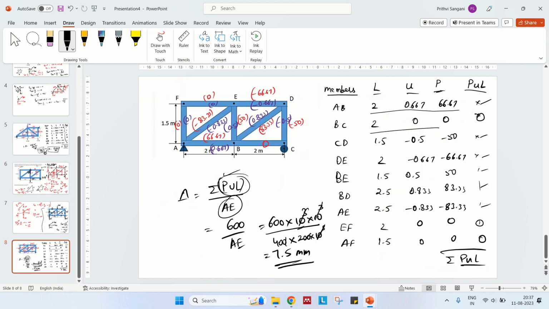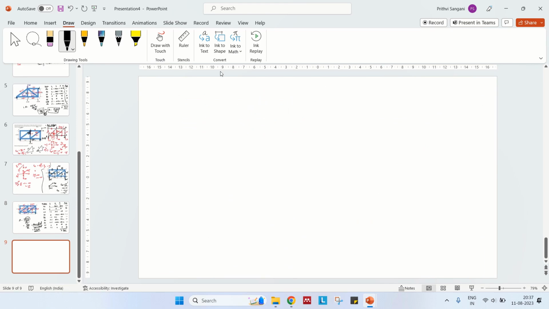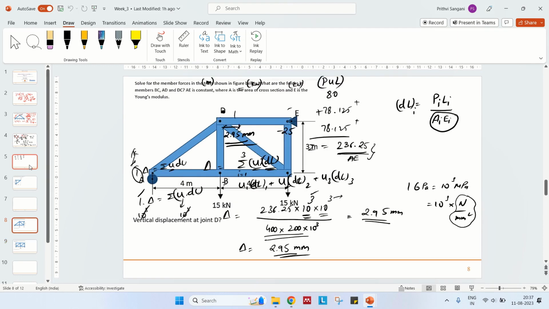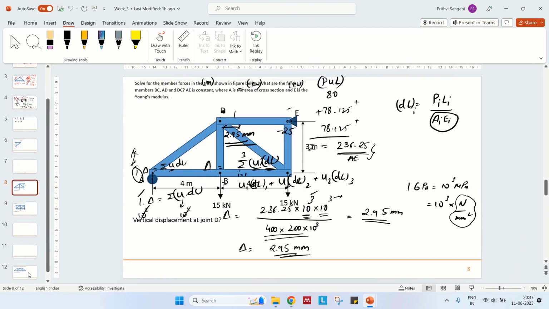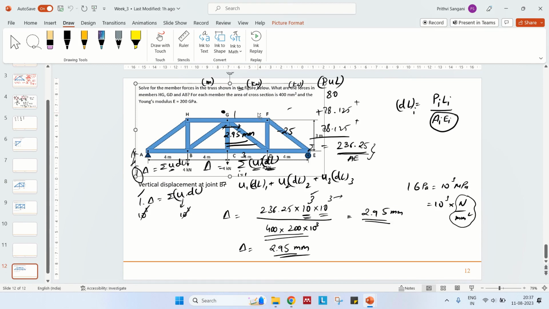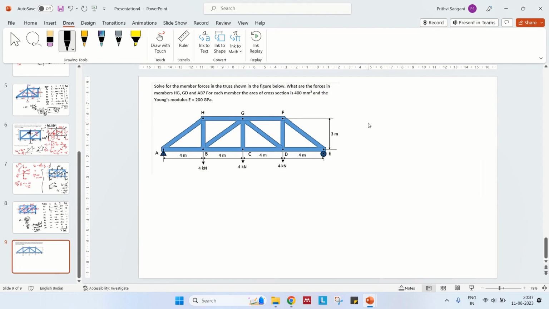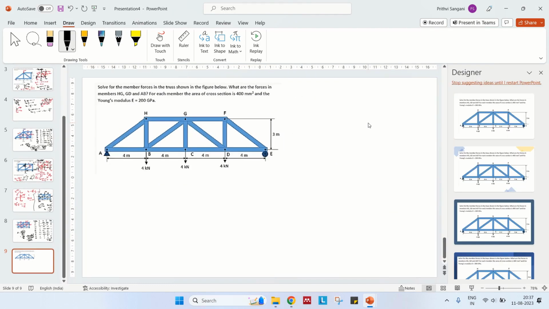Alright, there is one more question. I don't want to solve the entire question, I'll just give you the question, and if you have some notes you can ask me. This is a similar question, but it requires a little more calculation. It is a lengthy problem, that's what I mean. It is almost similar to whatever we have done today, but a little lengthy compared to other